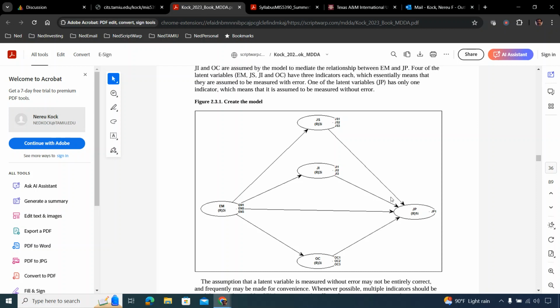It will be critical for you to define the main dependent variable in the model, which is this one here. That's the main variable of interest. In this particular project is job performance. That's typically a variable of interest to organizations. Organizations are often interested in increasing job performance, so that would be a variable of interest.